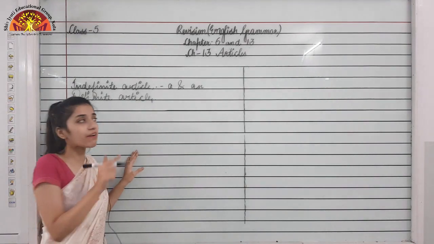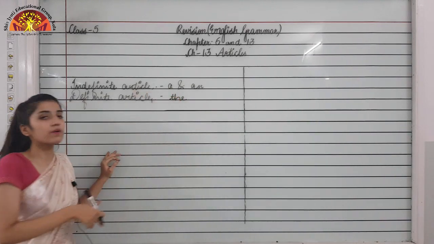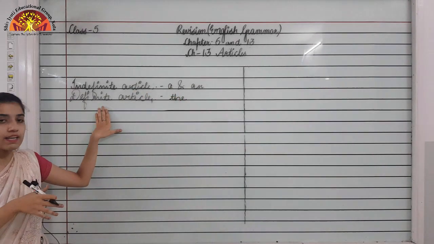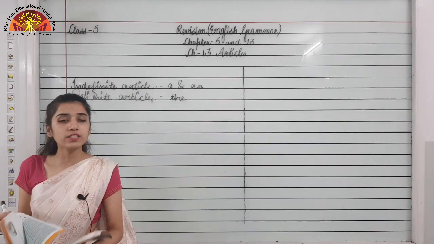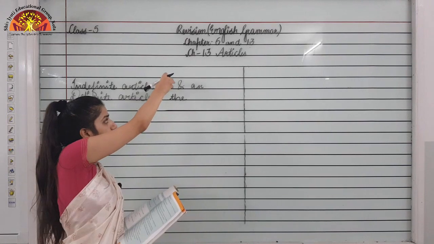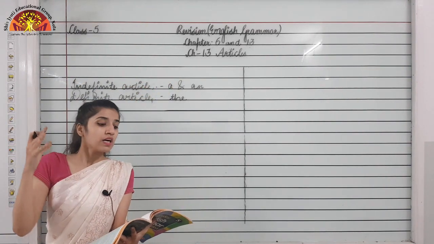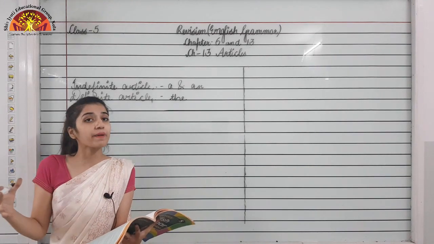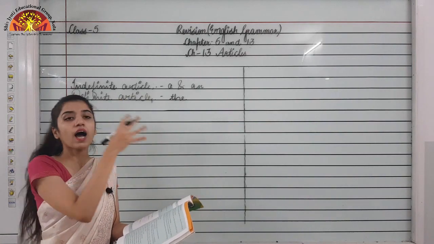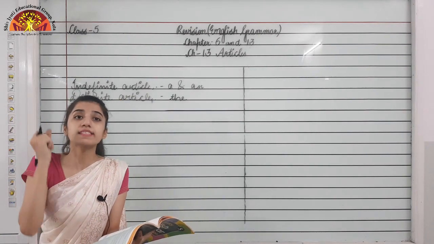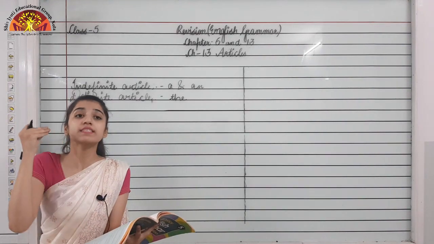Now moving to the definite article. The article that is left is the. So the is an example of a definite article. Now we are seeing the use of a and an. A is used before singular countable nouns or noun phrases that begin with a consonant sound. Here, to choose the article, you have to just listen to the sound of the word, not just see the word.